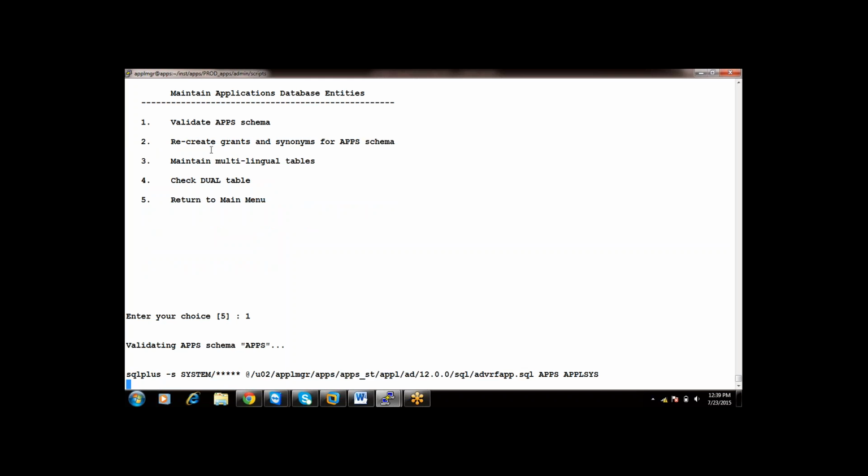Once we compile the app schema, we can execute this to validate if everything is fine or not. Yes, you can also do it like this.